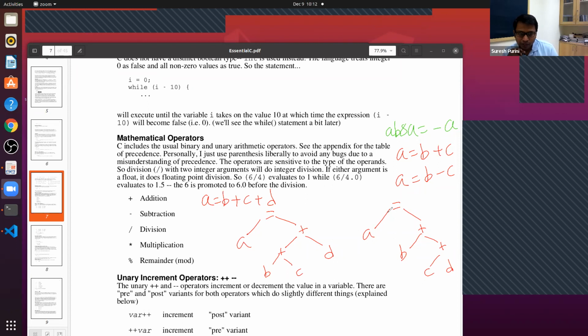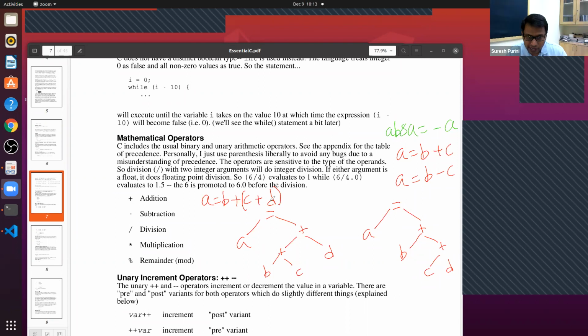And addition, subtraction, multiplication, all these are left associative operations. And division and remainder, I don't know, you have to check it. Okay, so check and see. And whenever you have a doubt, for whatever reason, let's say you want C plus D to be evaluated first, you can override the associativity by putting a parenthesis.